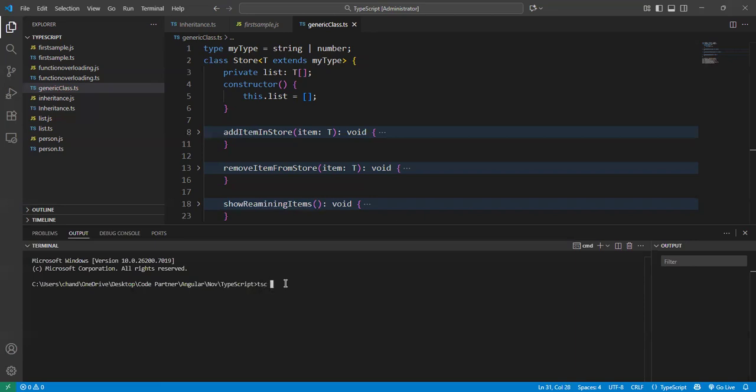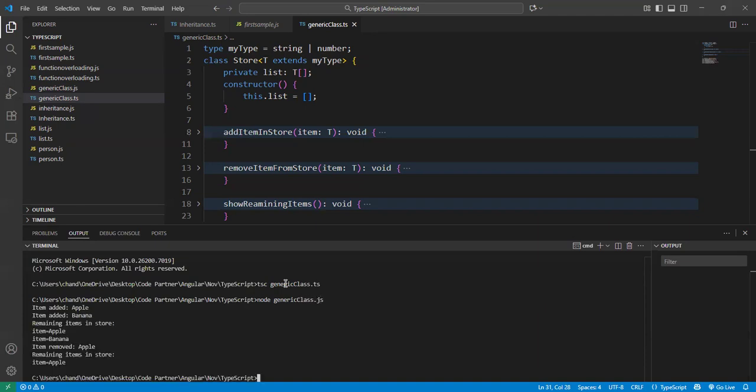tsc generic class dot ts. Node generic class dot ts. Okay. Now you can see here: item added apple, item added banana,